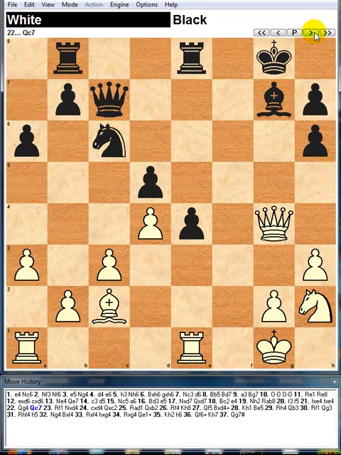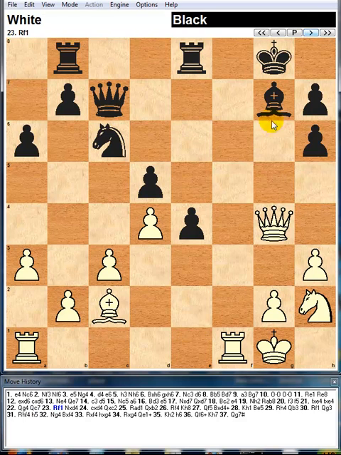But black doesn't play that, he plays queen to c7 instead. And also just note the white queen is pinning the black bishop to the black king. So here I spot the open f file, and I play rook on e to f1. What I want to do is get all my pieces into the attack on the king side, attack against the